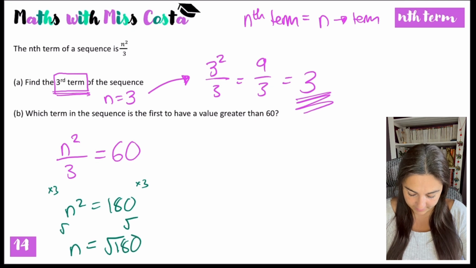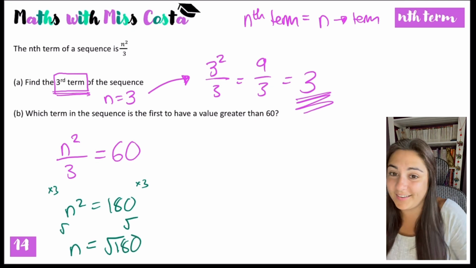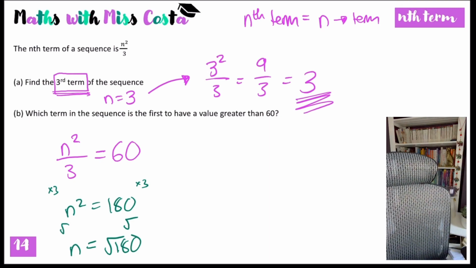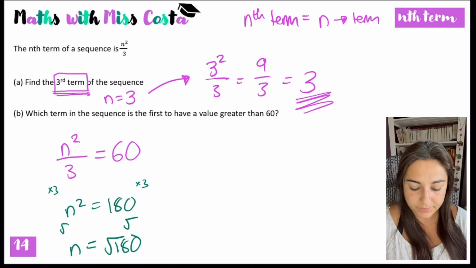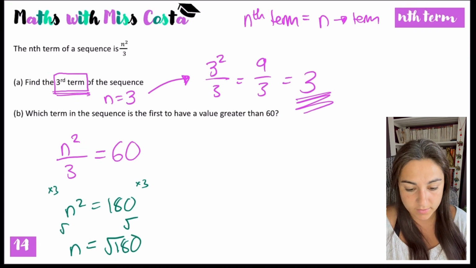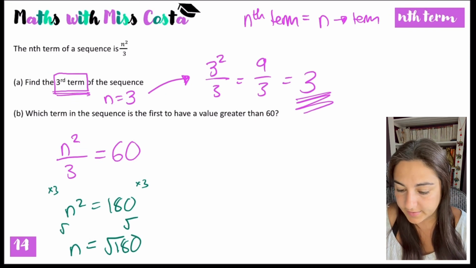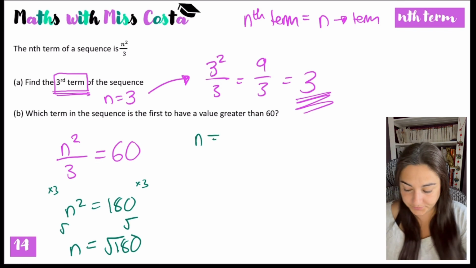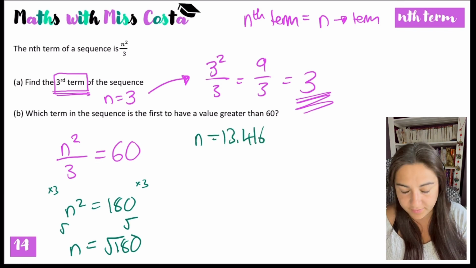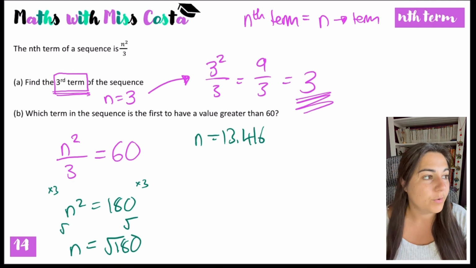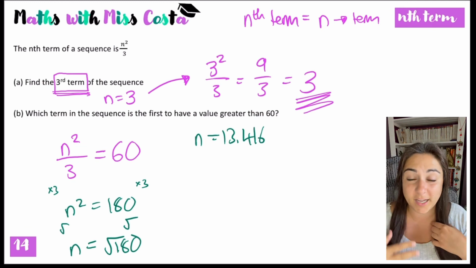So n would be the square root of 180, which is 13.416. So n is 13.416. So the 13.416 term would be greater than 60, but terms can only be